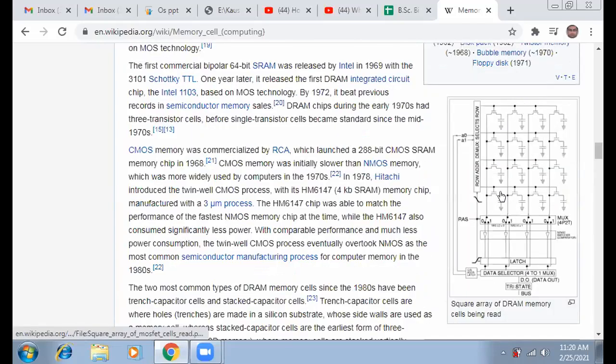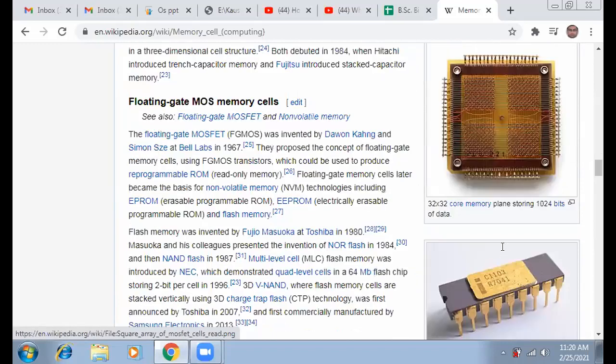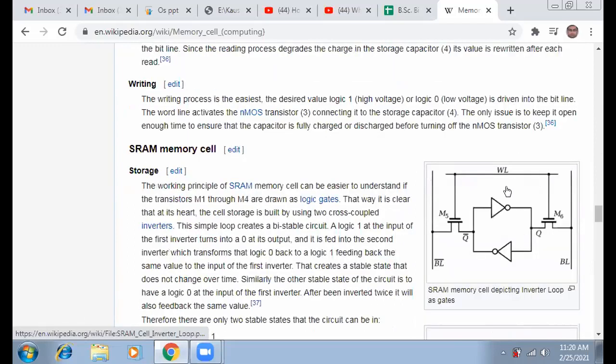Now, this is a dynamic RAM. Dynamic RAM generally consists of only a transistor. That was the static RAM; it consists of cross-coupled inverters. Why is it called cross-coupled? Because the directions of the inverters are reversed relative to each other. It also consists of 2 transistors and 1 cross-coupled inverter pair. Okay, this is a static RAM.